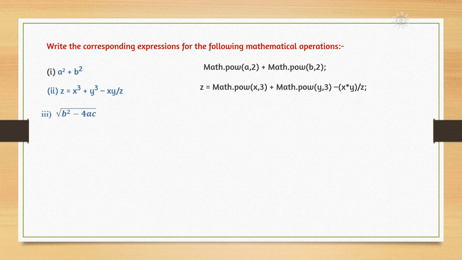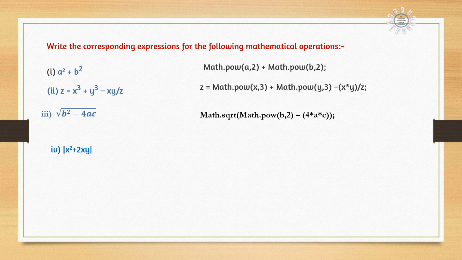And this was last year, that means the 2020 board paper. Students were not able to write the paper because of the COVID situation, so this question is from that paper. Here square root is the outermost function, Math.sqrt, and inside Math.pow(b, 2) plus 4 into a into c. And since the square root is coming, you have to put the bracket properly.